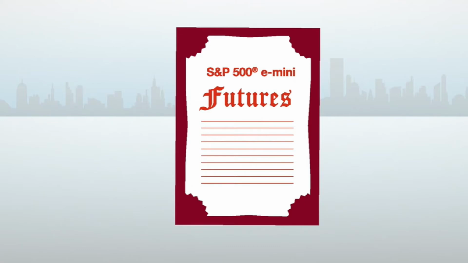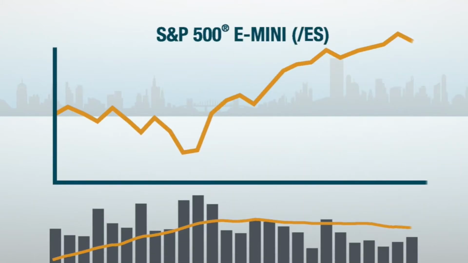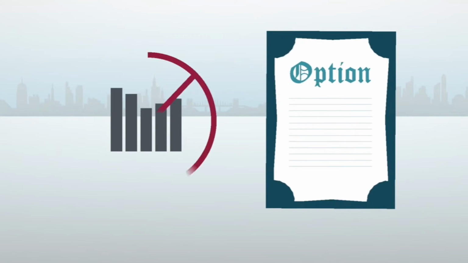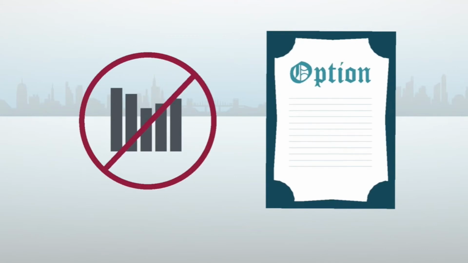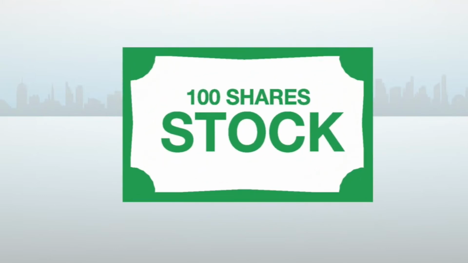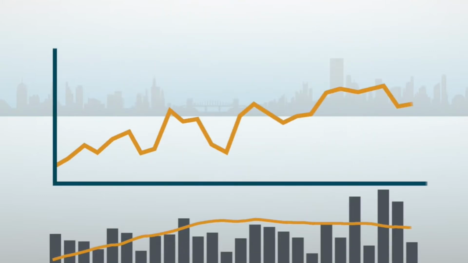Traders and investors also use the term contract to describe volume in the options market. But volume is not applied in options like it is in stocks and futures. That's because options are based on underlying securities like stocks. And the price movement in an underlying security, and its accompanying volume, is more influential than volume in the options contract. So instead of using options volume to confirm price moves,